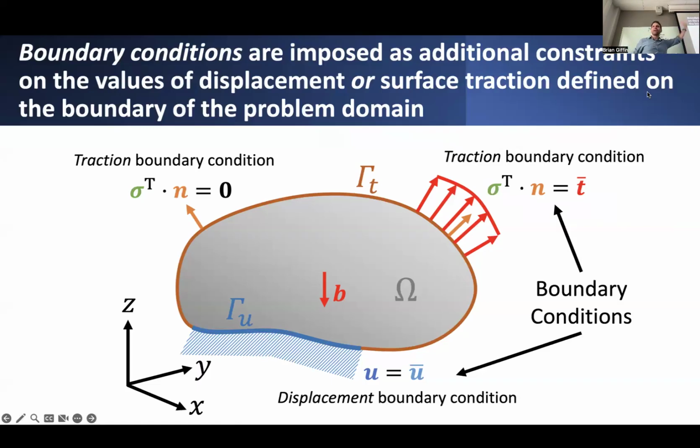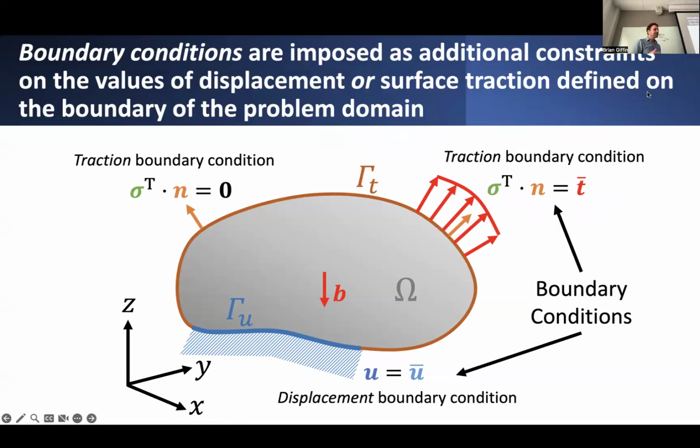And along the rest of the body, anywhere that we're not constraining displacements, it's basically implied that we're constraining the value of traction on that exterior part of the body. So that could be maybe due to some kind of external load. So for example, at the top right here, we have a particular example of a traction boundary condition, which basically